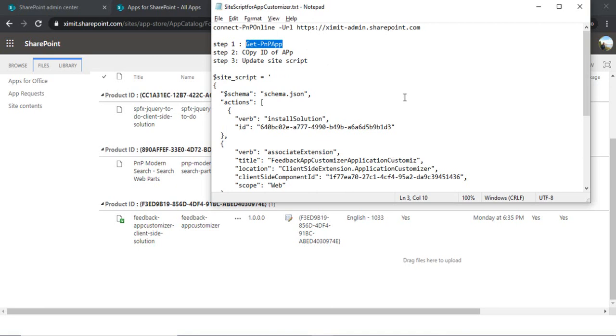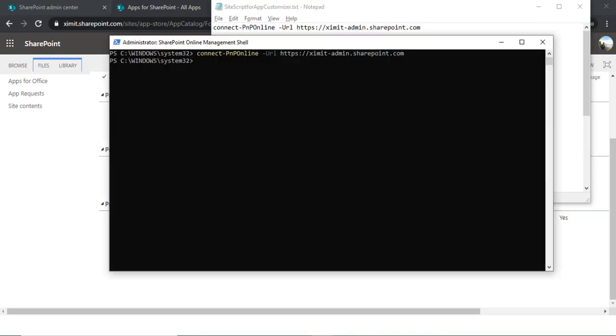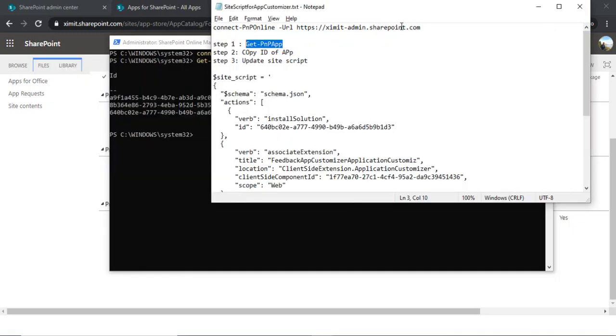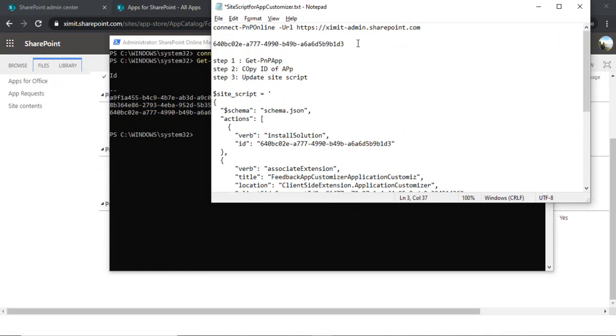Because I would like to copy the app ID, which we will in turn use in our solution in the site script. So Get-PnPApp gives me the ID of this solution. This is my solution, and I'm copying this ID and pasting it in my notepad so that I can use it later on.